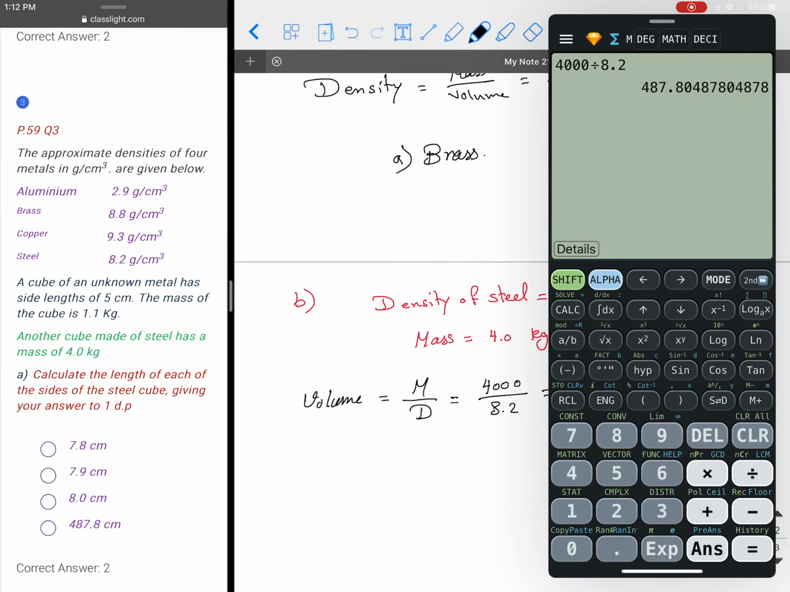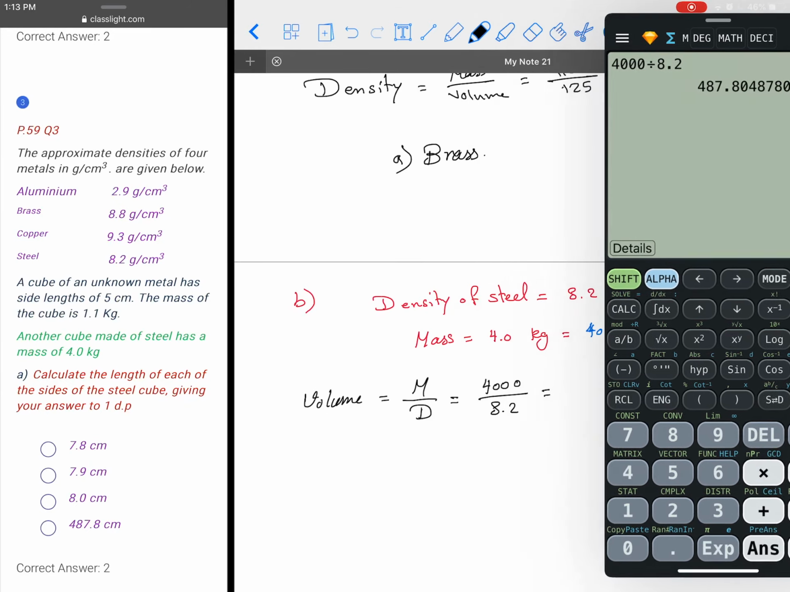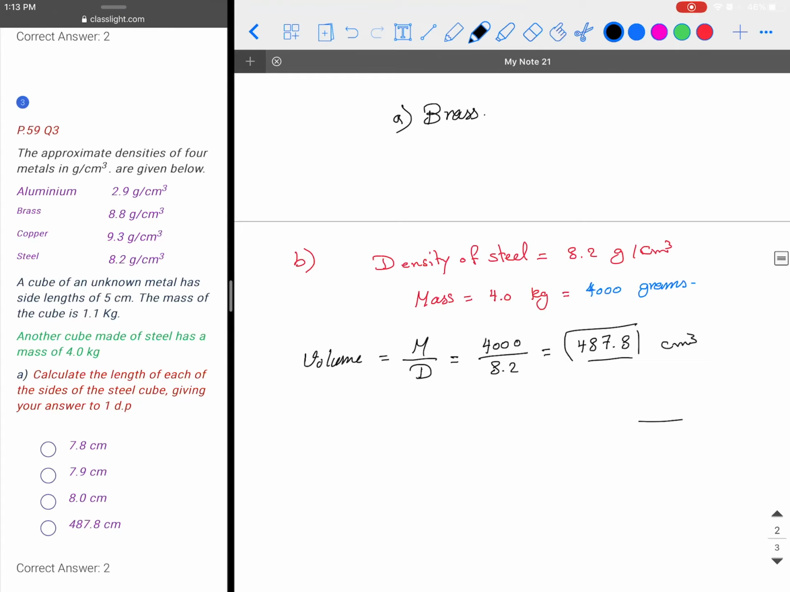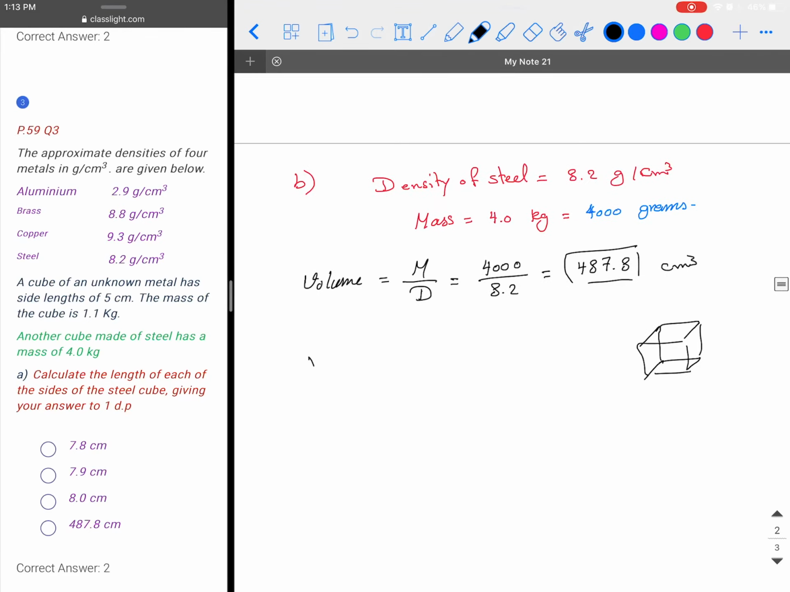You will get this number, 487.80. So 487.8 centimeter cube. Okay, this is the result for the volume. But here he asked me to calculate the length of each side of this cube. We know that the volume of the cube, here is a cube, we know its volume equals